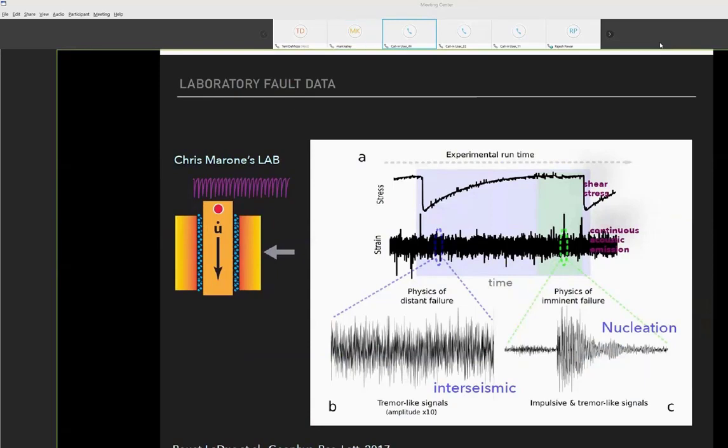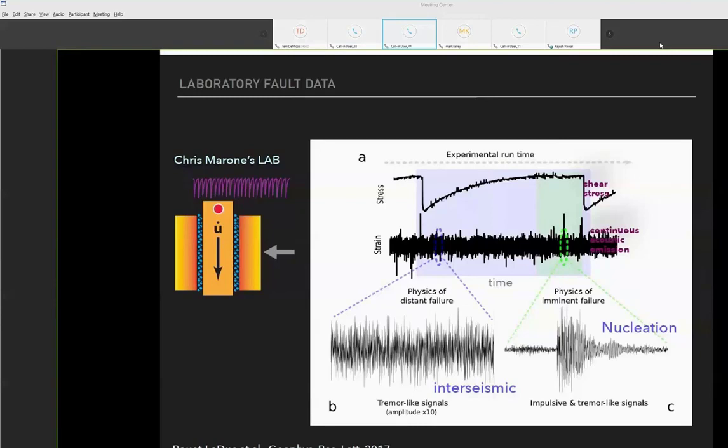So in the right-hand figure, what you see are recorded data. And focus your attention to that central signal, which is strain versus time. That's actually dynamic strain. That's just amplitude versus time of the continuous acoustic emission. The upper signal is the shear stress on the fault measured by the system itself. You can see there's an earthquake, and associated with that is a burst of acoustic emission. And there's a buildup in the shear stress over time. You reach an instability, and then there's another earthquake in the laboratory.